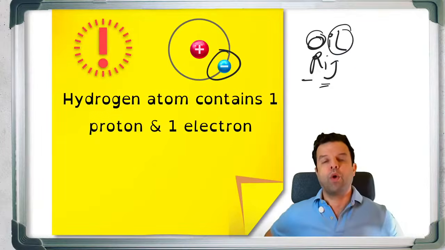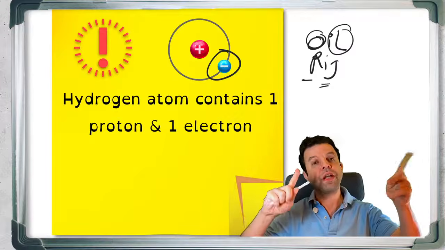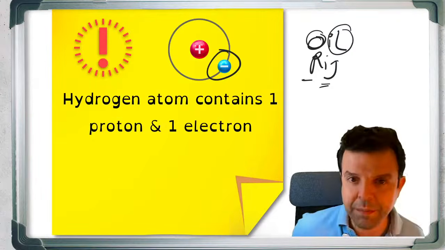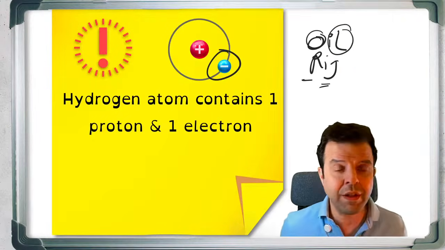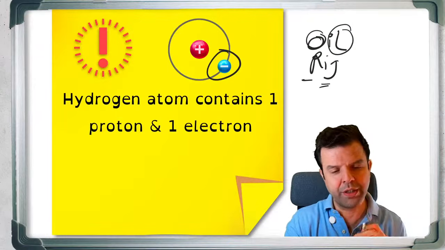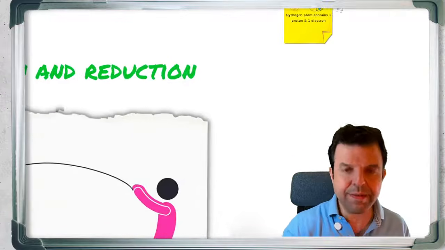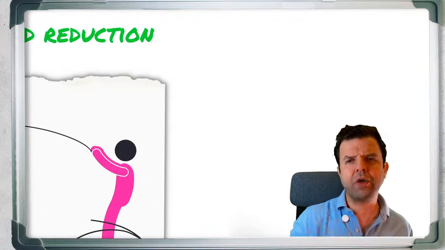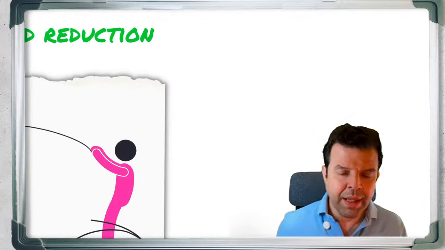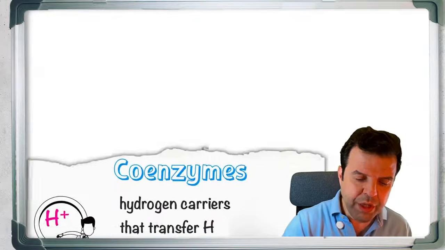Another one, I want you to realize that there is no oxidation without reduction. They must occur at the same time. So redox is called redox for a reason, because they must occur simultaneously. So you may tell me, like, how can this always happen? How can oxidation reduction always happen? Luckily inside our cells, we have something called